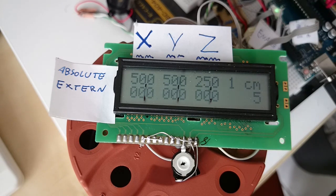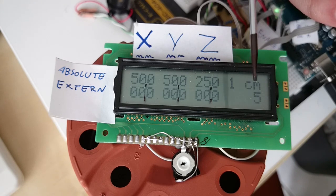I wanted it to show the X, Y, and Z machine position in a 20th of a millimeter precision. You can see the commas which I have put on there with a Sharpie. The two digits before the comma are full millimeters, and the two digits after the comma are basically 1/100th of a millimeter steps, but I only need 1/20th of a millimeter precision, so the last digit is either a 5 or nothing. I also wanted it to show some other info, and so I ended up having only 12 digits